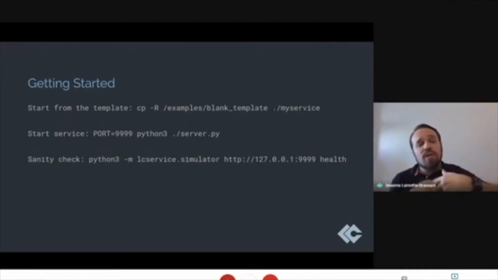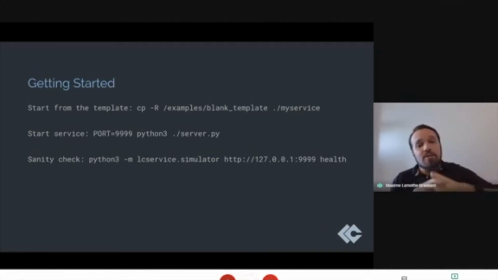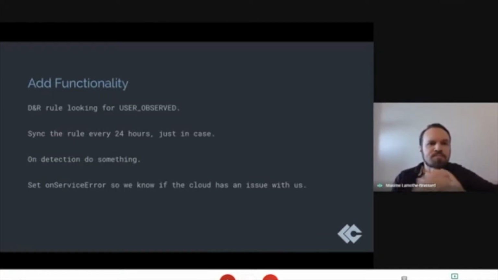So we have examples in our public repo. We'll take a blank template example, just copy that over. This example leverages the public container that we have that's pre-configured for an LC service. So it'll allow you to just drop in the tiny Python file that is in the template, get executed, and get going this way. We're going to do a quick sanity check. So, ultimately the service is an HTTP server of some kind, API based. That means that you can do your testing entirely locally for as long as you want, do all that development. And when you're ready, then you can move on and deploy it. So we'll show you what that looks like.